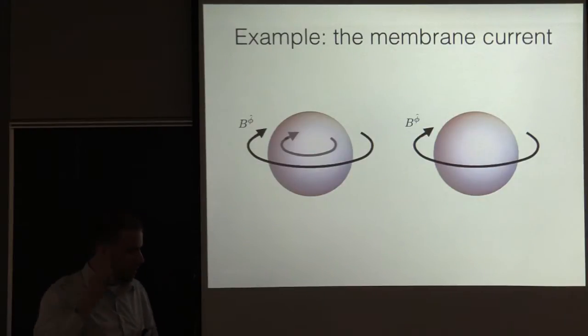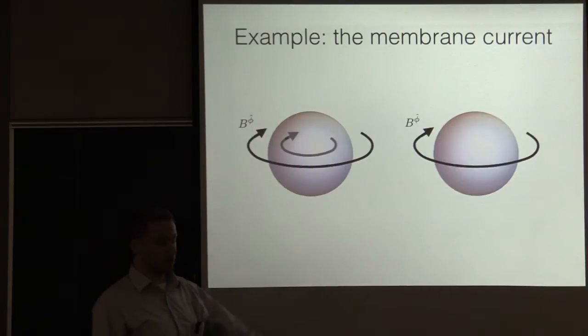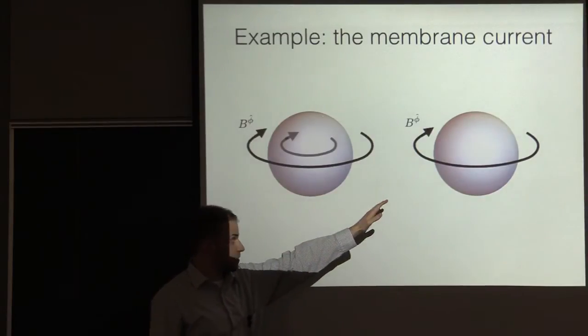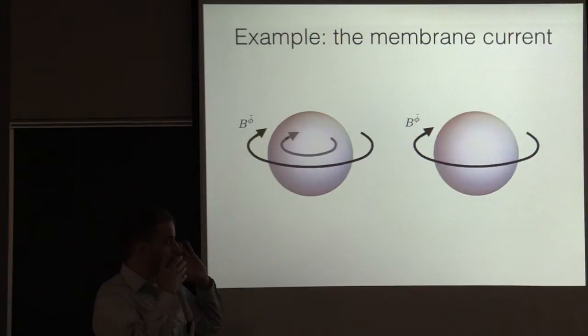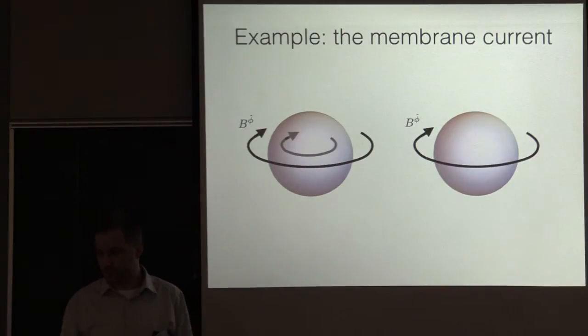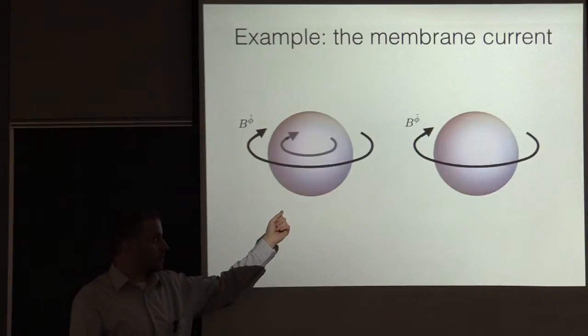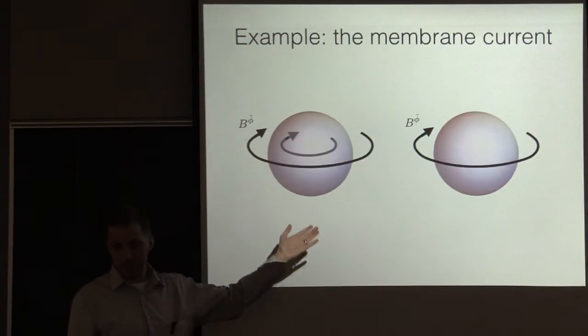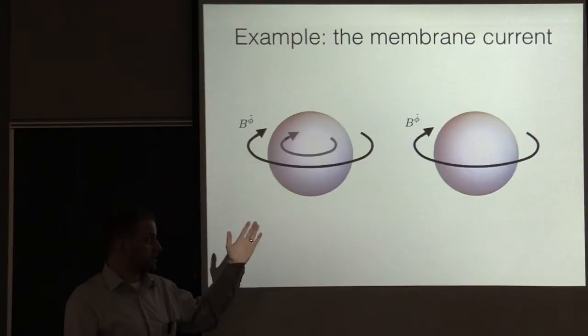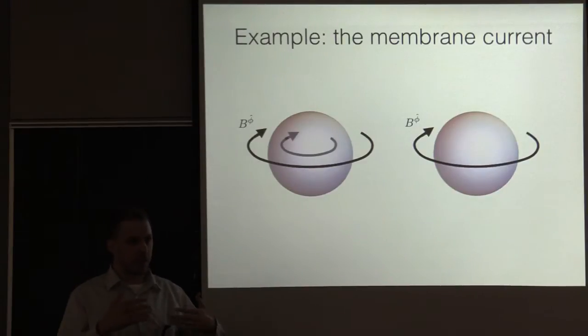Okay. But now I want to try to do things in this membrane way where I don't talk about the black hole interior. So I switch to this picture on the right where the magnetic fields just abruptly end at the event horizon. Okay, but that's created a problem because I've broken Ampere's law. So Ampere's law tells you you're not allowed to just truncate a magnetic field. Only currents can do that.